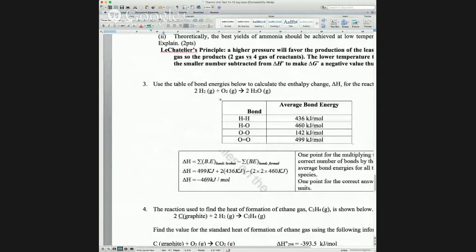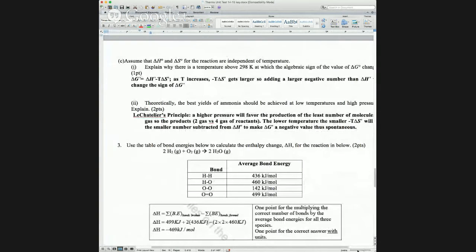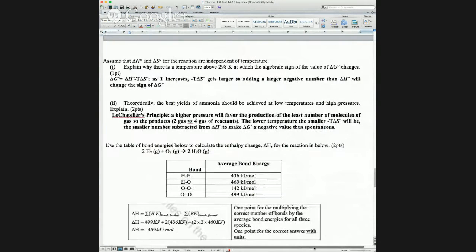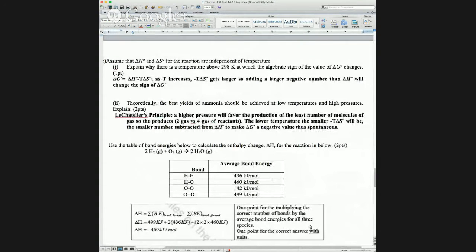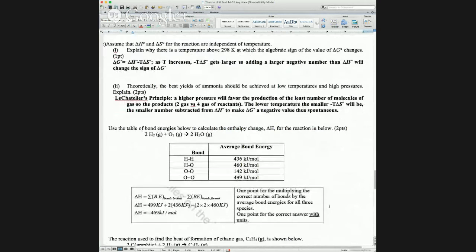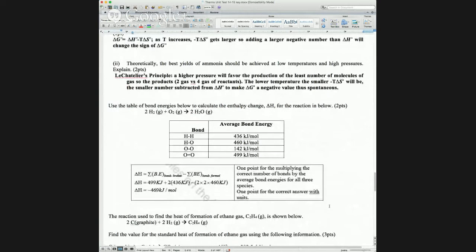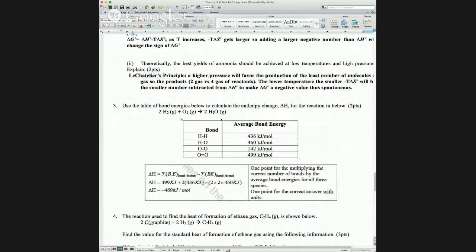Let me make this a little bit smaller so we can get the whole. Oh, this is a bond energy one. So I'm going to do this, and then at the end, I'm going to talk about bond energies. I'm going to just refer back. Okay, so it says use the table of bond energies below to calculate the enthalpy change, which is delta H